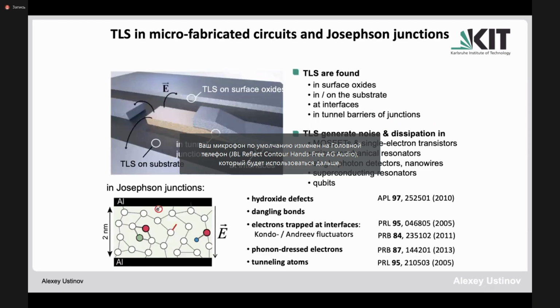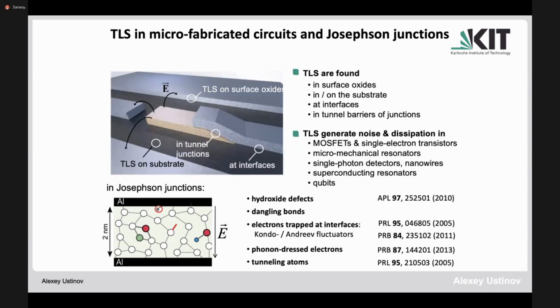What is that? Imagine you have on the surface of a superconductor some oxide layer, or you have some adsorbates. Or if you have a tunnel barrier of the junction, then this tunnel barrier consists of aluminum oxide. But this aluminum oxide is not an ideally perfect crystal. It's an amorphous material, which is formed by oxidation of aluminum on the surface. And in any amorphous material, any disordered material, or in any adsorbate layer, which is not ordered on the surface,